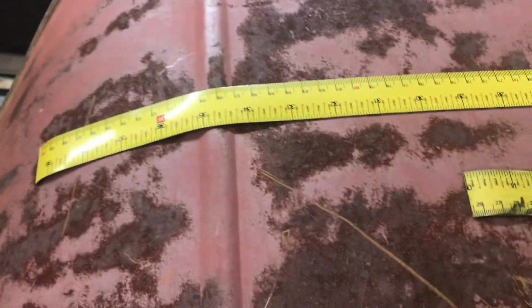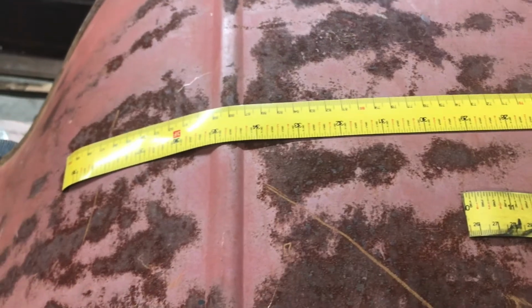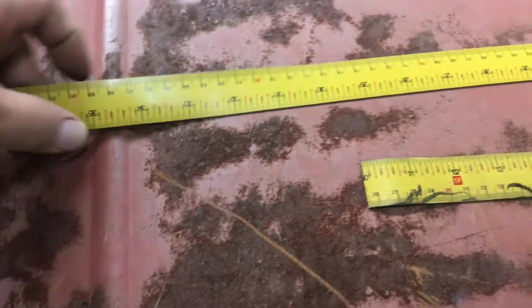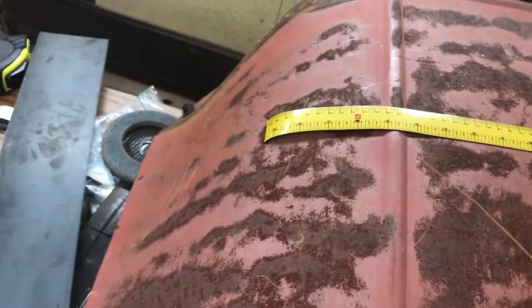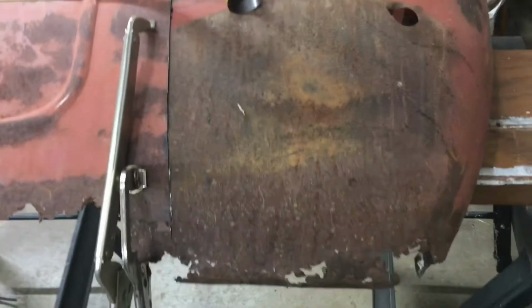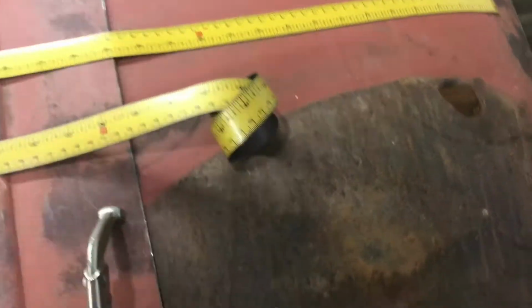But for this, I'm measuring the same thing from part to part, so I'm not too worried about the distance that way. I'm not putting any pressure on them when I'm doing the measurement, so I think I'm getting a really accurate measurement from one panel to the other, especially with these curved surfaces. So what I'm going to do next here is I'm going to go ahead and blue wheel down through this edge, cut this edge, and then